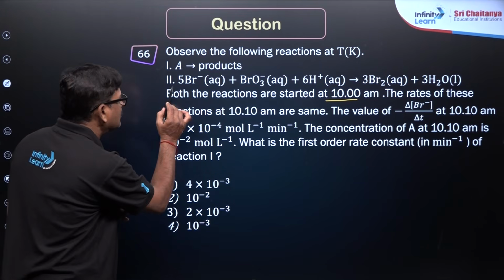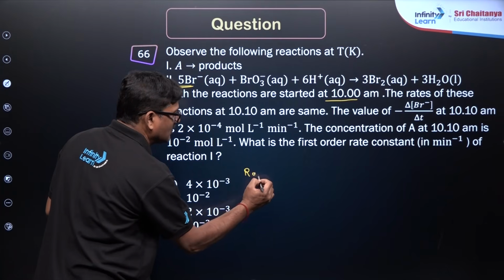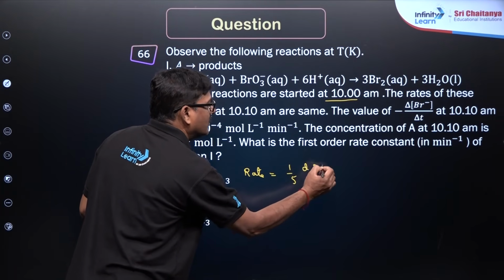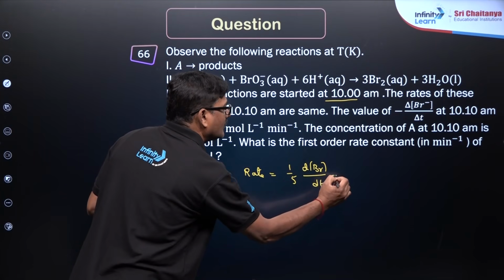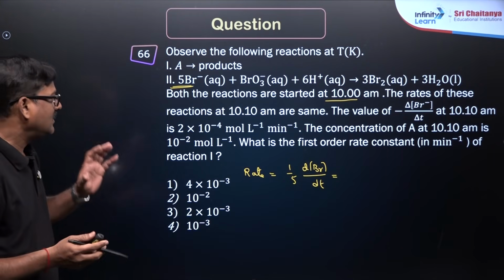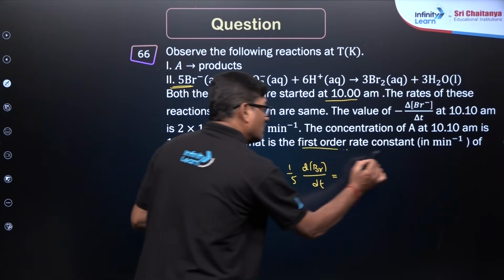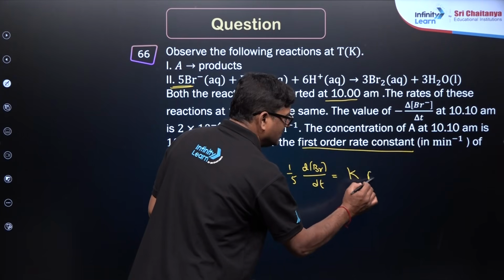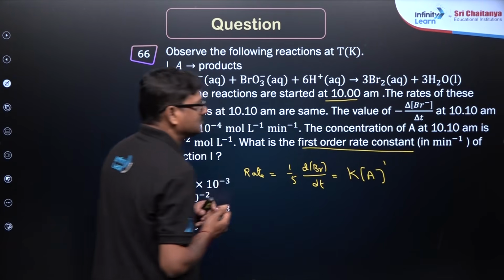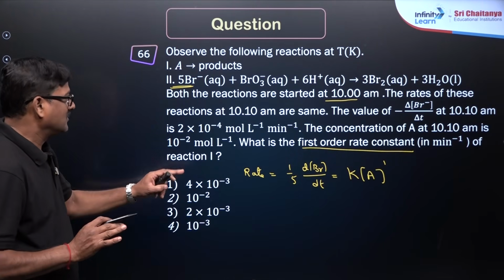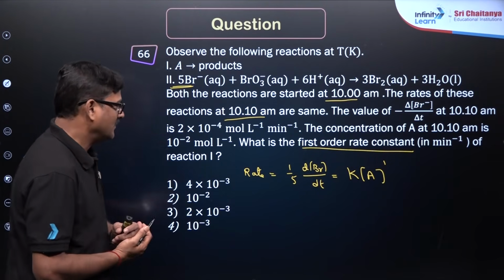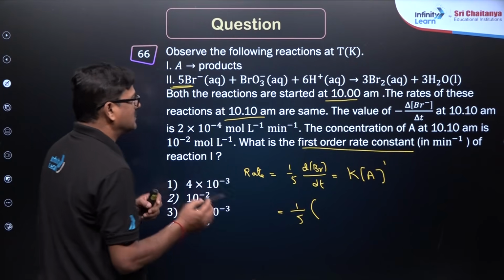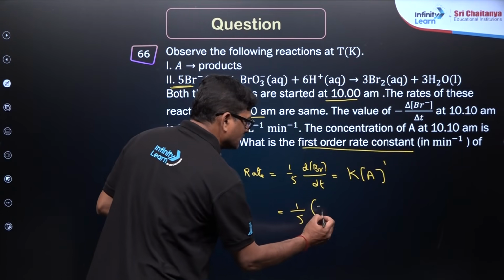So according to this one, I can say the rate is equal to 1 by 5 dB by dt. And here, what is the first order rate constant? The question itself says this is the first order rate constant, K is going to be A to the power 1. So at 10 a.m., you are going to see 1 by 5, and this value is given as 2 into 10 power minus 4